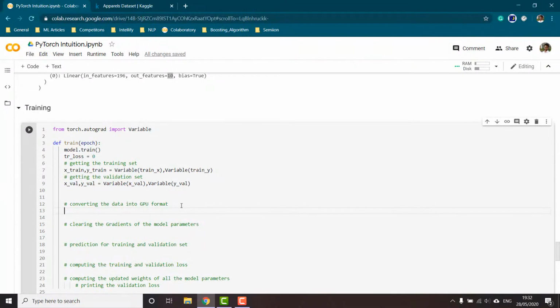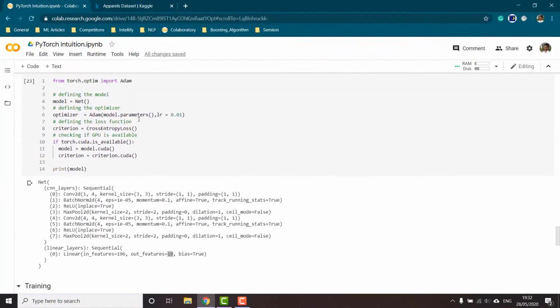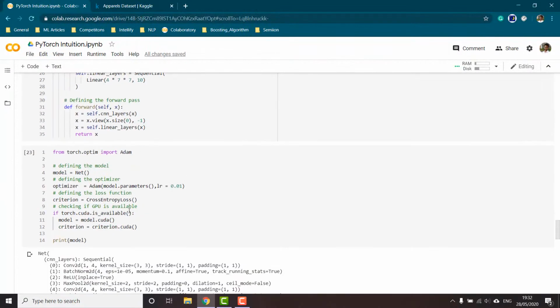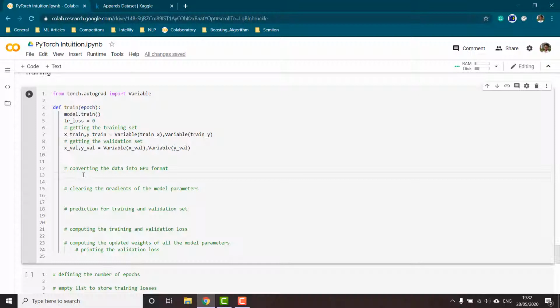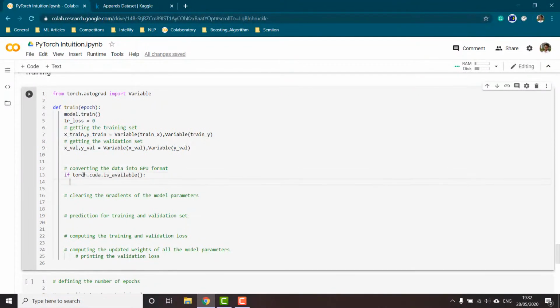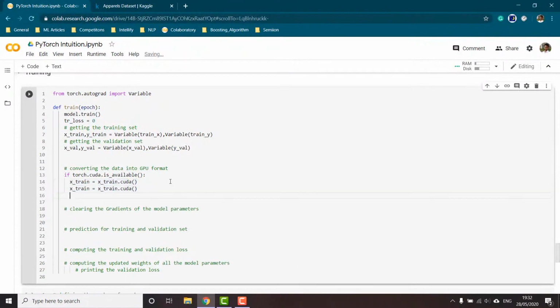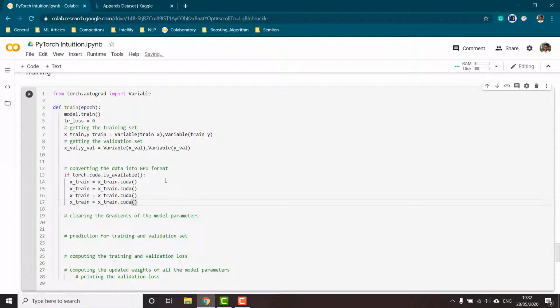So again, I would be just copying this. If GPU is available, then xtrain would be equal to xtrain.cuda, and then similarly for ytrain, x validation, y validation.